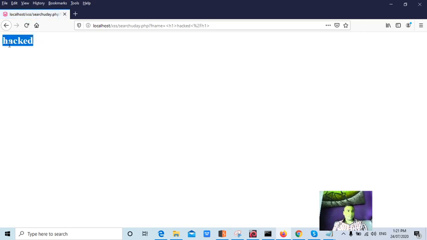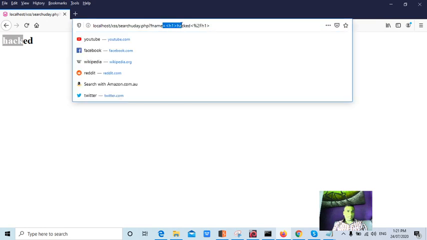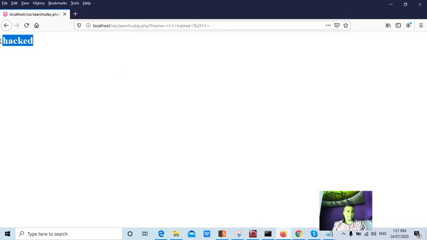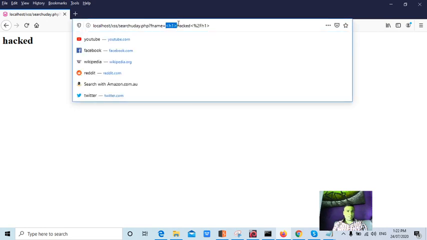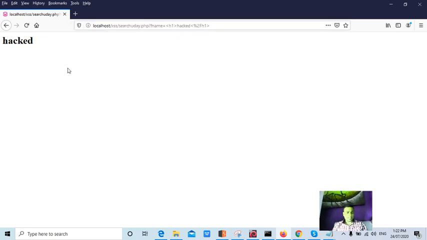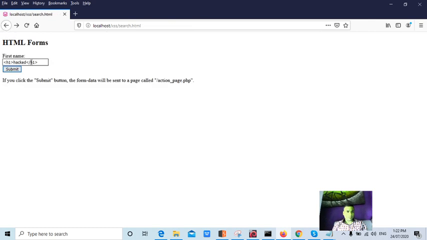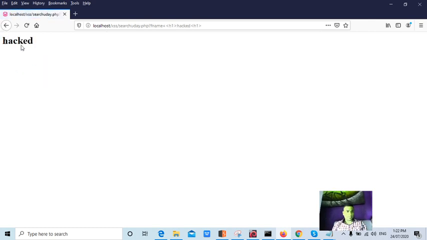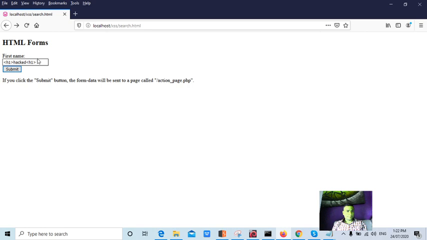what happened, guys? Now the text is converted to header tags itself. Now it formed a header here. Can you see? So now the application is vulnerable to HTML injection because your HTML tags are actually working. If the application is not vulnerable to HTML tags, in the response you could see the same text, not this one.